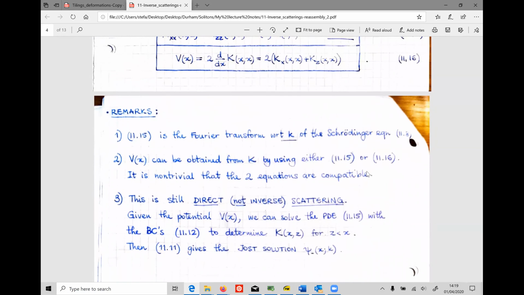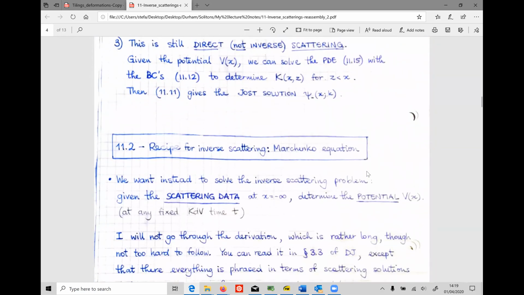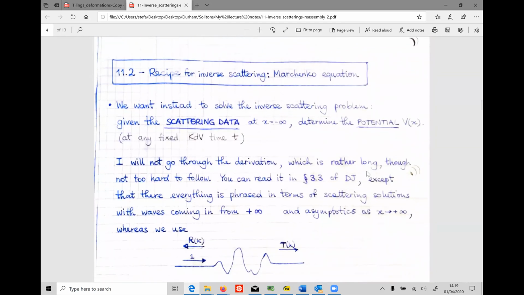But what we want to do instead is to go in the opposite direction and do inverse scattering. So what we want to do instead is to reconstruct the potential v of x given the scattering data at x going to minus infinity. Okay, so that's the problem that we want to solve